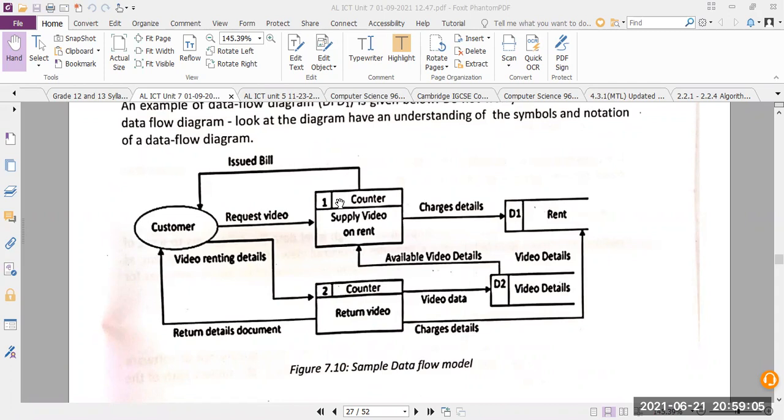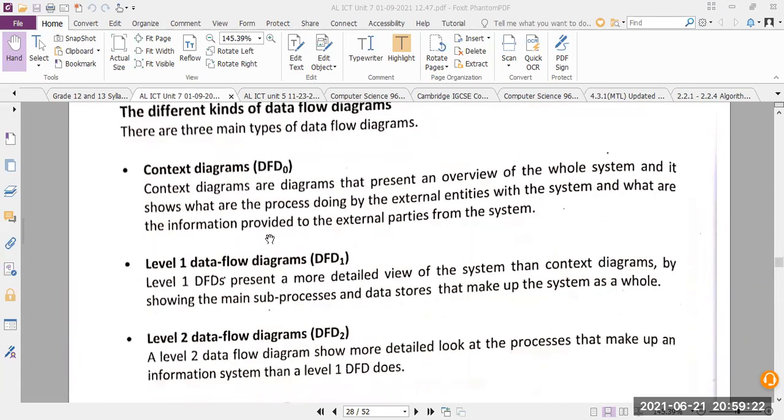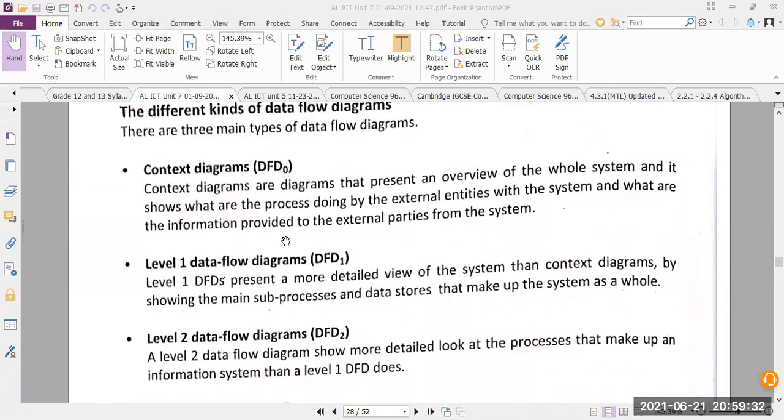In data flow diagrams we have three levels. The context diagram, or level 0 diagram. The first level, or level 1 data flow diagram. The second level, or level 2 data flow diagram. So these are the three levels.